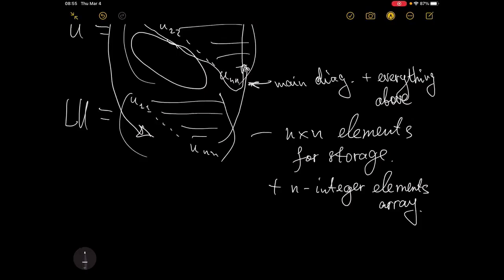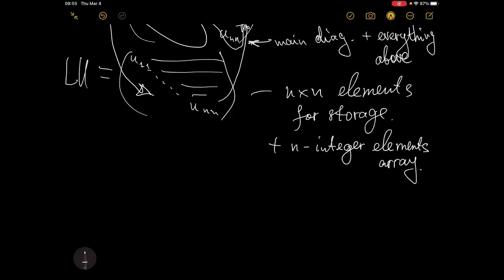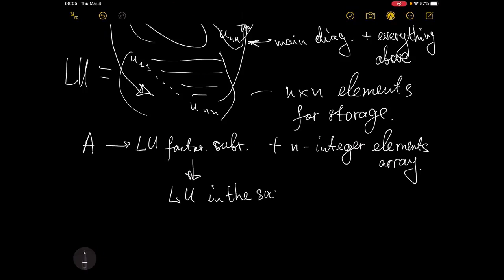So you just provide A to the LU factorization subroutine, and it will give you L and U in the same storage as A. So essentially, instead of A, after this LU factorization subroutine, you will get L and U